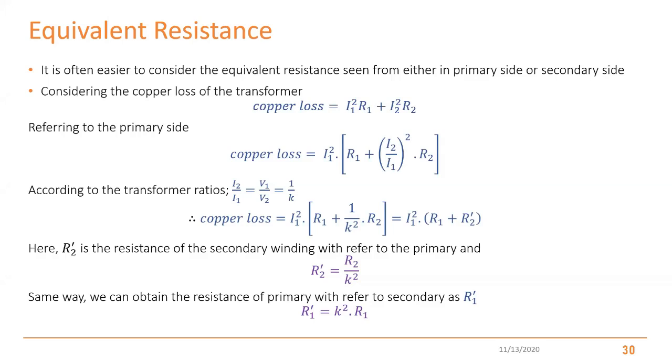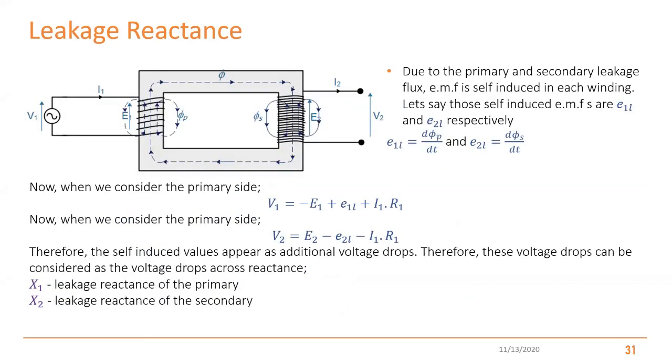Okay, so now by considering the two resistors externally, we can analyze our transformer with resistors. The next problem is that in a two-winding system like this, all the flux produced by the primary is not fully coupled with the secondary. In the same way, not all the flux created by the primary is mutually coupled with itself either.